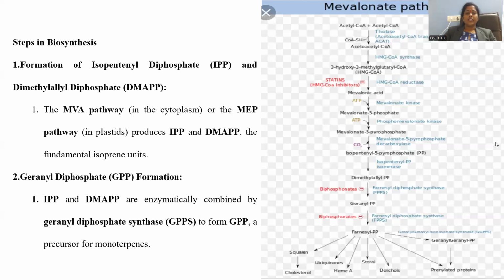After getting these two materials, the next step, which is also the most familiar step for all kinds of terpenoids, is geranyl diphosphate synthesis. So whenever we got IPP and DMAPP, the next step is geranyl pyrophosphate synthesis. In order to manufacture this one, here is another enzyme requirement we have. Farnesyl diphosphate synthase. Let me repeat. Farnesyl diphosphate synthase is required in order to convert IPP and DMAPP into geranyl pyrophosphate.